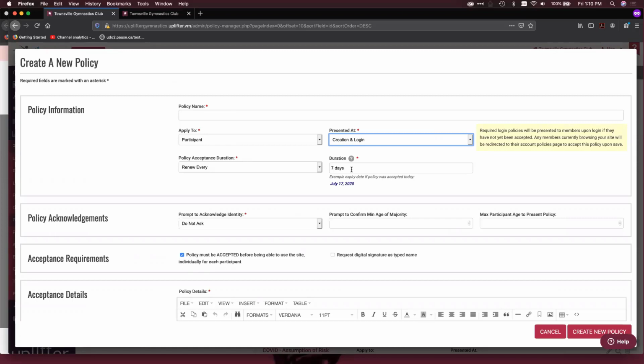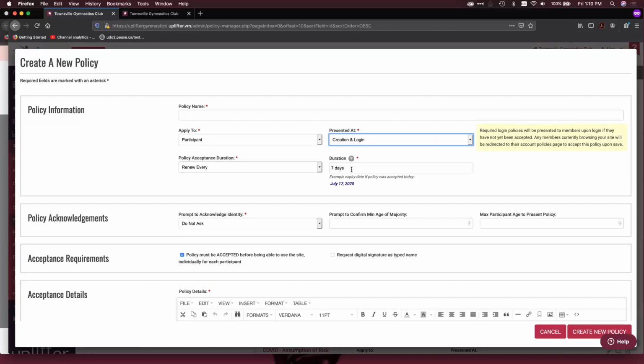When they log in 7.5 days later, they would then be again shunted over to their account policies page and asked to reaccept this policy if this is a required policy. So this allows you to just tell your members on a weekly basis, if you haven't actually done the self-assessment attestation on Uplifter within our website this week, log in on Sunday night.